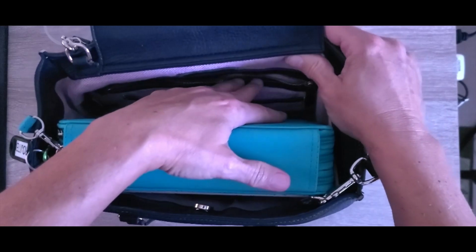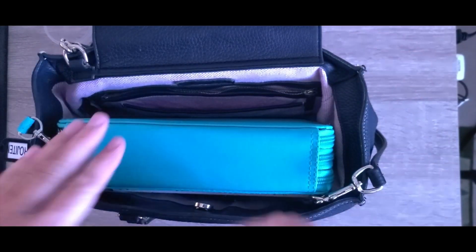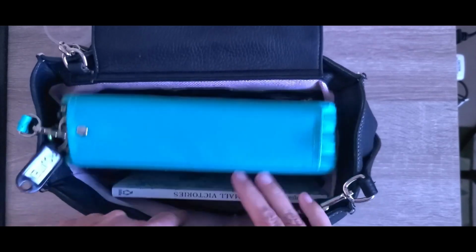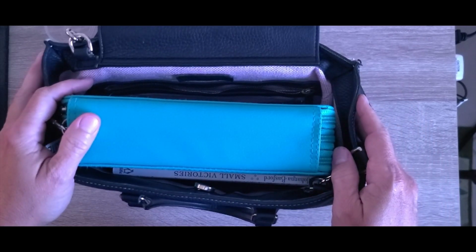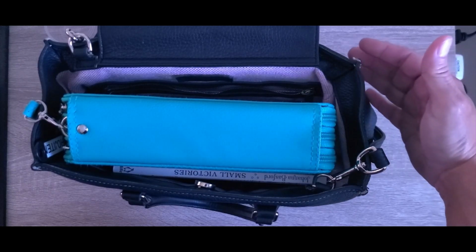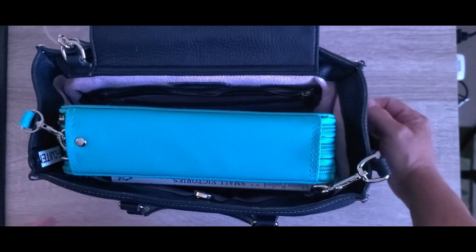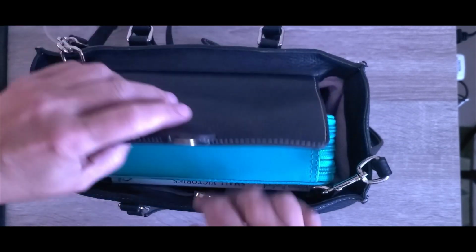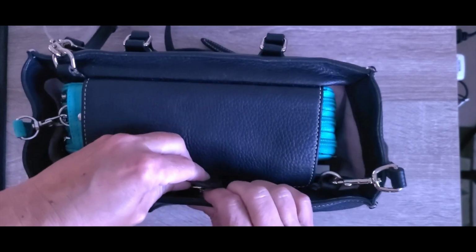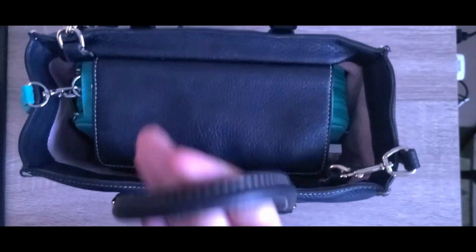I took this yesterday on the road, and it was so easy because I have my own little wristlet wallet. I have my phone. They both slid in there with my case, with my book, and off I went. It's so funny because now I feel I've colored enough that I'm ready to go color on the road. Not necessarily on the travel road because we're not doing that, but I would love to be able to just grab my stuff, have it fit perfectly in this case,